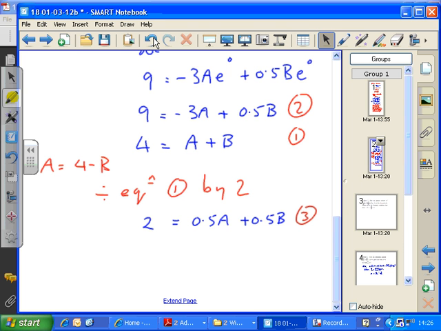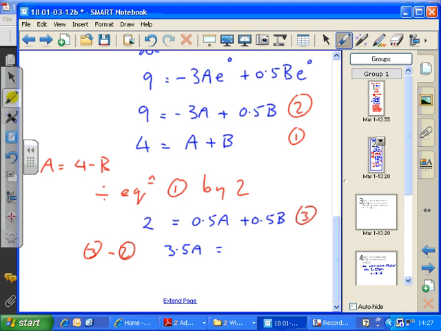If we look at it, if I do 0.5 minus 3a, that will give me a positive answer. So I'll probably end up doing 3 minus 2. That will give me the easiest one to deal with, although either way would work. So equation 3, take away equation 2, will give me 0.5 minus 3a is plus 3a, so that will give me 3.5a